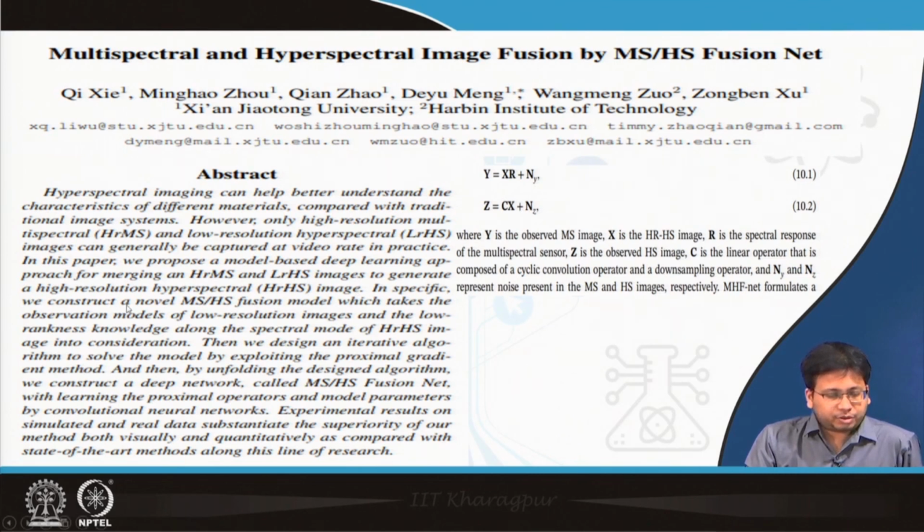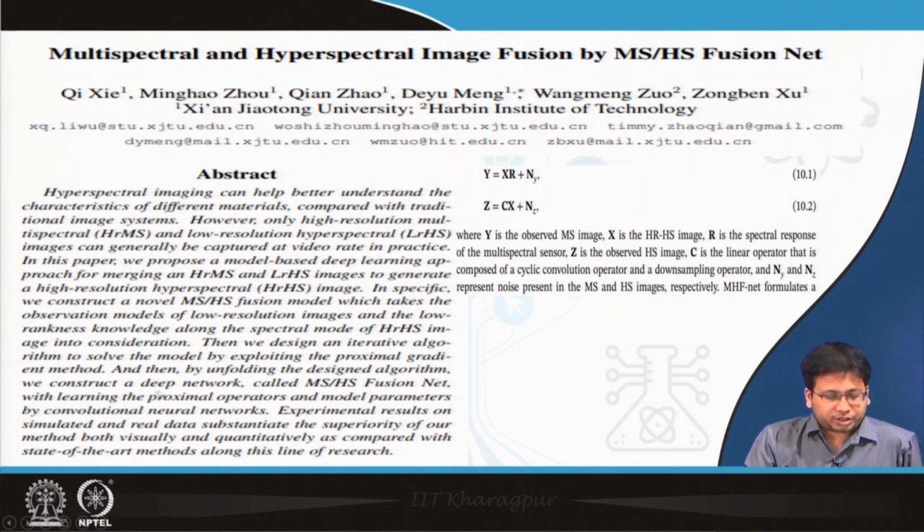Specifically, we construct a novel MSHS fusion model which takes the observation models of low resolution images and the low rankness knowledge along with the spectral mode of HRHS images into consideration. Then we design an iterative algorithm to solve the model by exploiting the proximal gradient method, and then by unfolding the